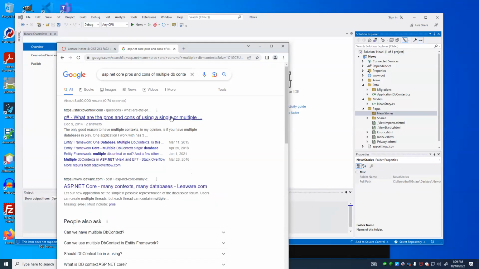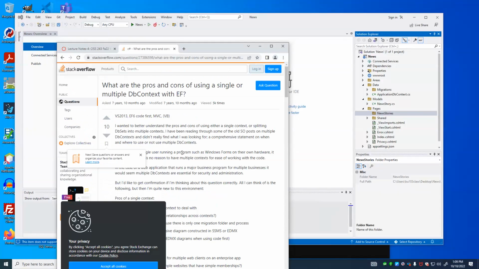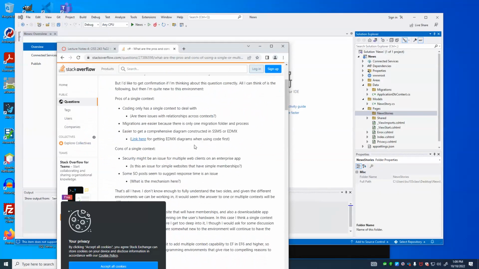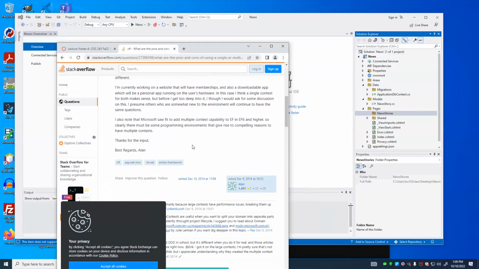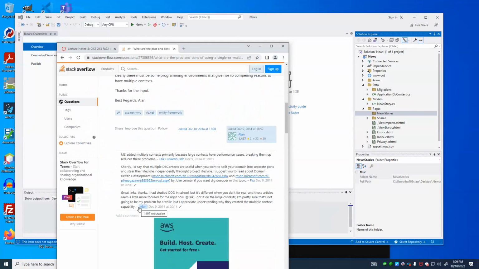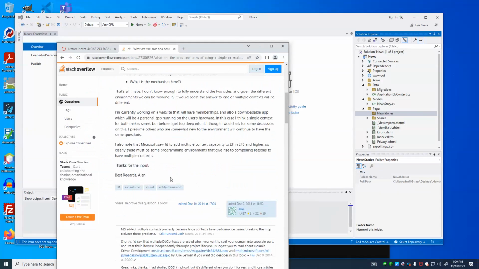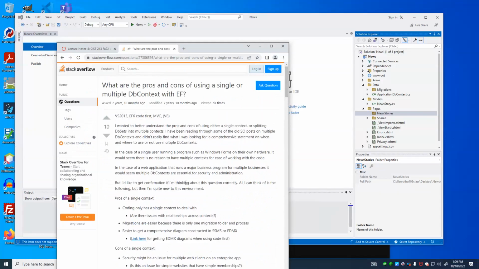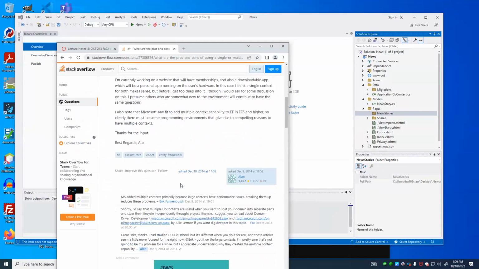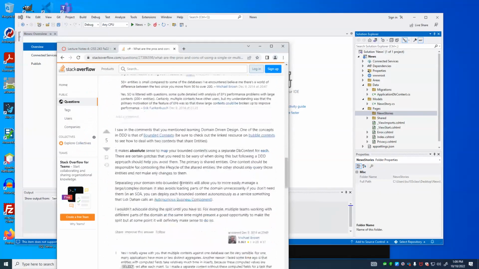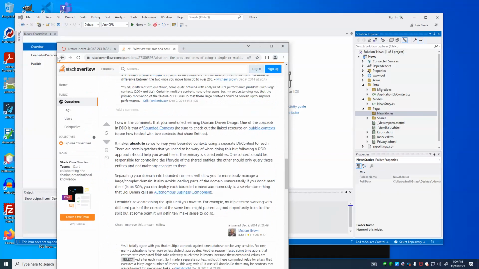What are the pros and cons? And there's a discussion here. Generally speaking, you would keep it to one if you're just using your application database, but you might want to have a separate database context for